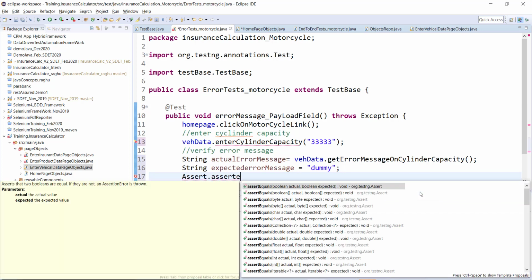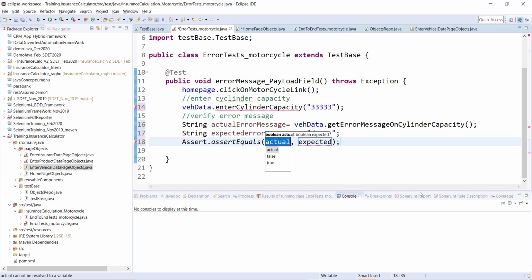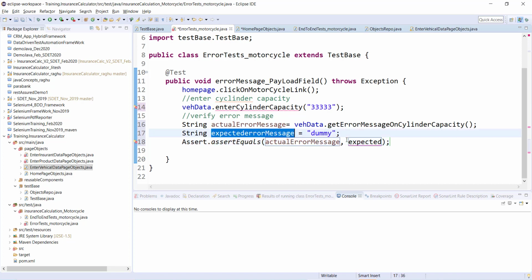So the first one is actual. What is my actual? My actual message is actual error message. What is my expected? The second part is expected error message. I can put this much only, or I can add a third attribute which will tell me the failure, or I'll say error message, just to give some meaningful message if my comparison is failing.